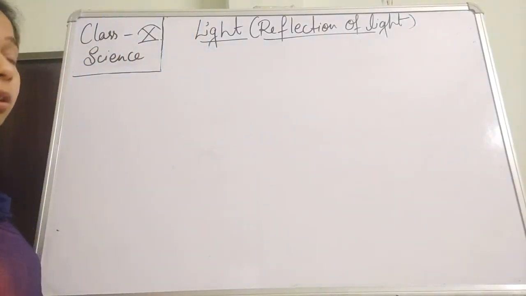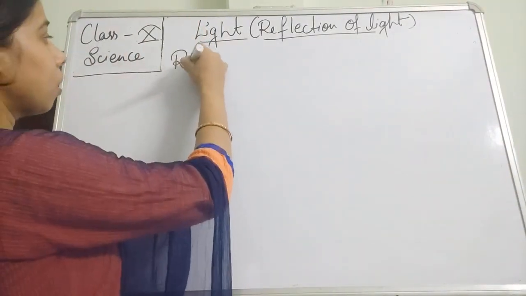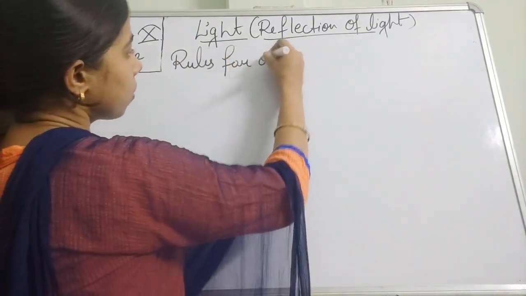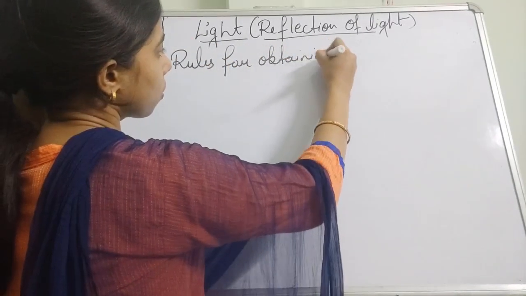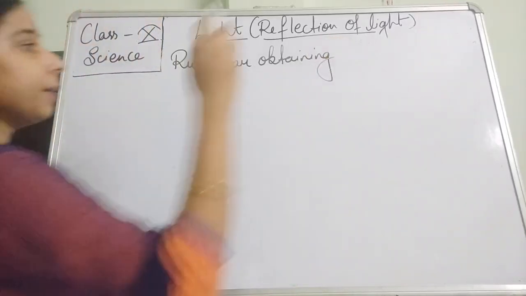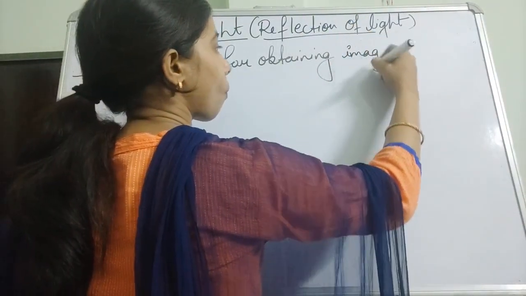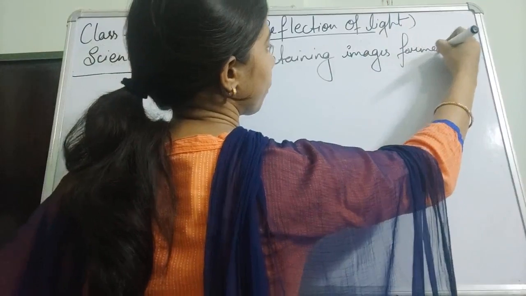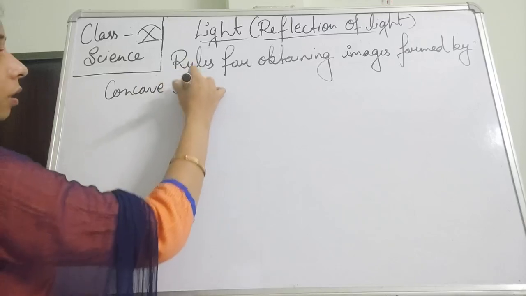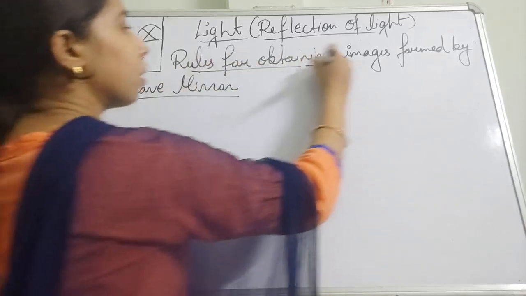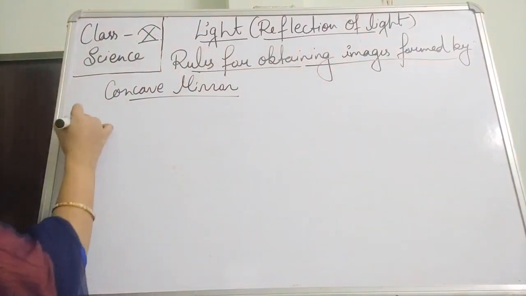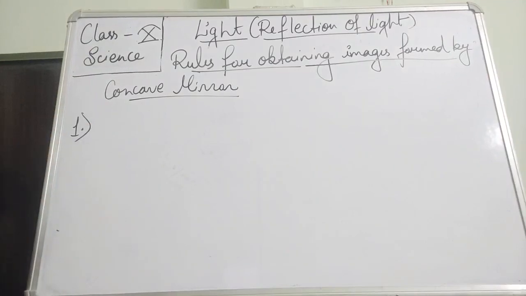So let us write here the rules for obtaining images formed by concave mirror. It's quite important because these are the rules which are important when we will start the ray diagram, students. Okay. Now let us see what is the first. So the first rule is,